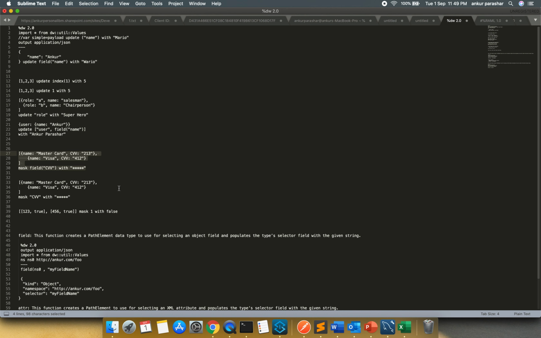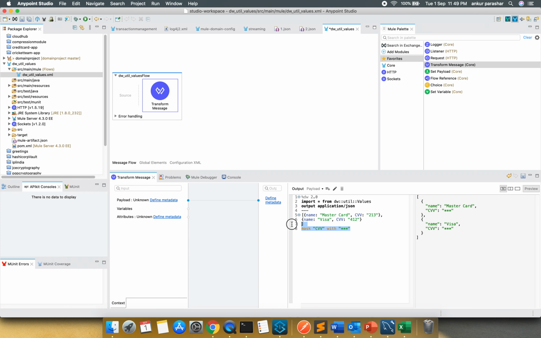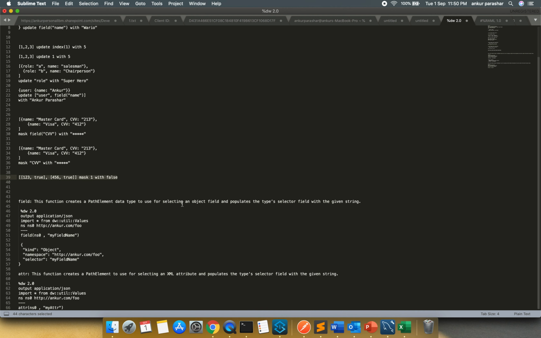Let's take one more example. This is a very standard way of giving the example of mask. Just try to understand what it is doing. Here again, this one stands for the position or the index, which is being set to true and true. It will change the value 1 with false. So it's not necessary to put asterisk or any special character. It can also be used to replace the value with some other string. So this was a very brief look at masking.